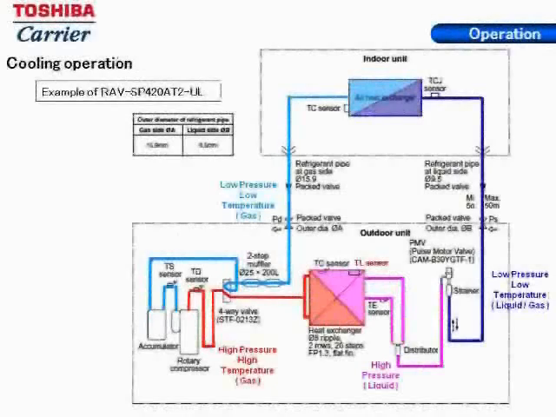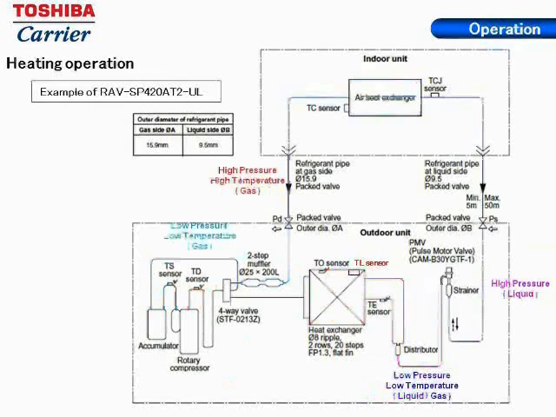Now let's look at this process in the heating mode. Again, the refrigerant leaves the compressor as a high temperature, high pressure gas. It will now be channeled through the four-way reversing valve onto our condenser coil, which in the heating mode will be our indoor coil. And again, as this high temperature, high pressure gas enters the indoor coil, air is passed